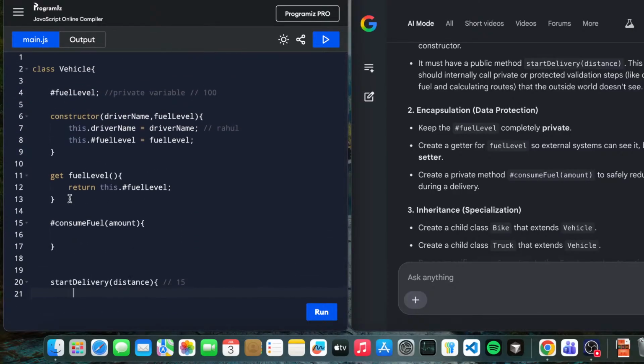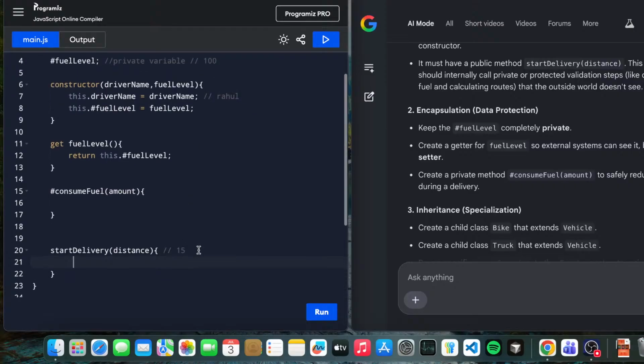We have a fuel level of 100 and we have a distance of 15. Let's think a little bit about how it's working. So start delivery distance. Okay, start delivery distance, and in delivery we have to calculate the routes and the amount. Fuel level also. So amount is